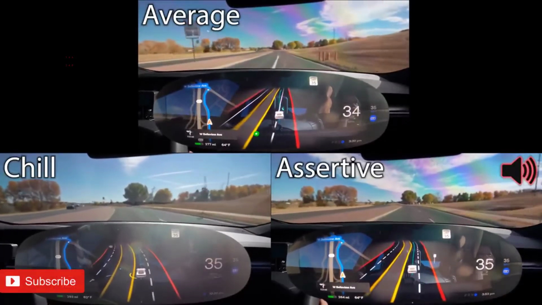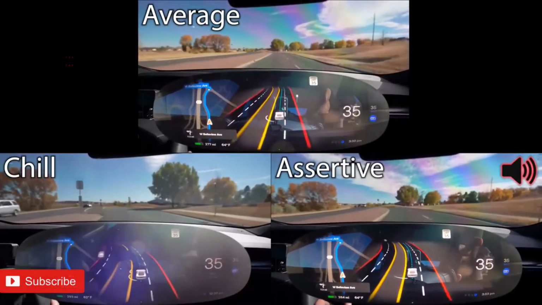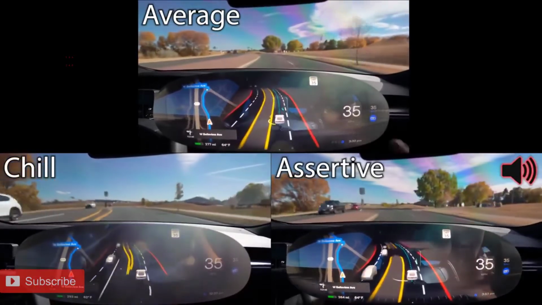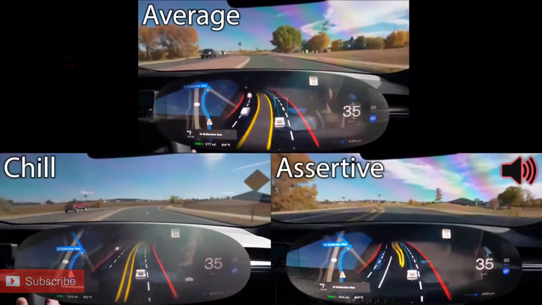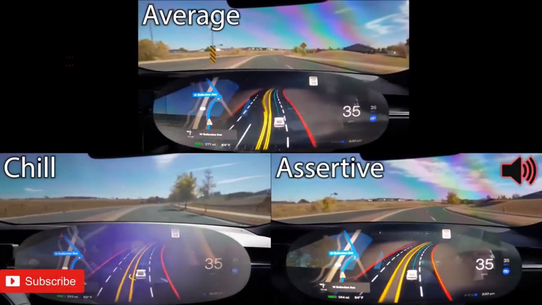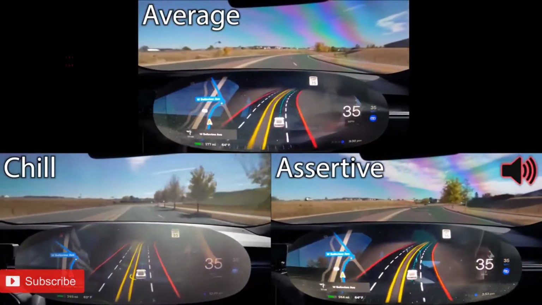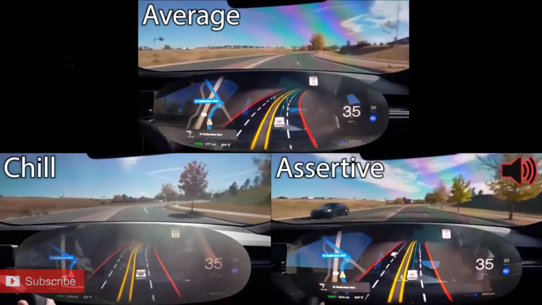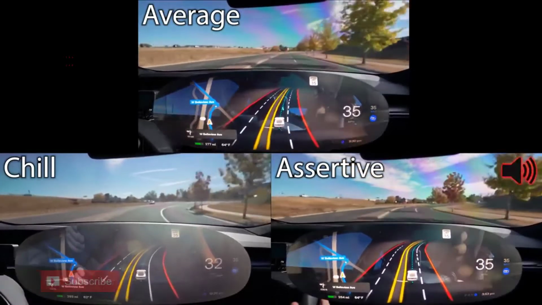The feature was included in the October 2021 version 10.3 update, which was pulled 2 days after it started rolling out due to an issue with left turns at traffic lights. Tesla issued version 10.3.1 one day later, which still includes FSD profiles, as shown on the release notes posted on